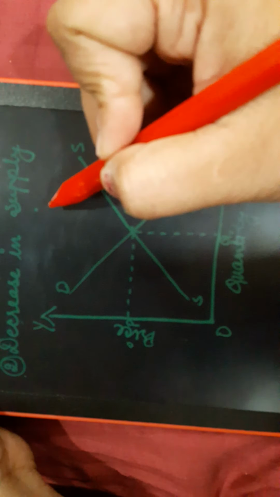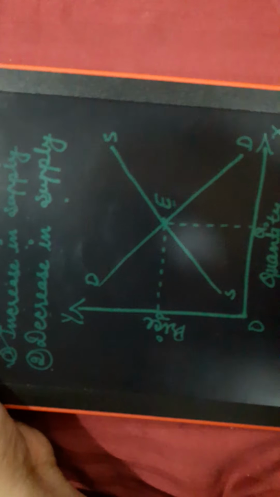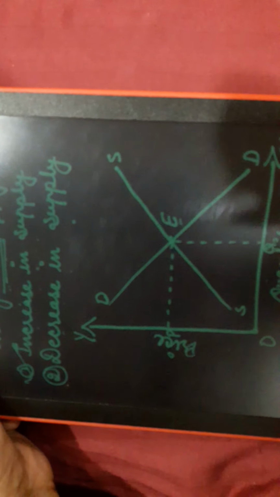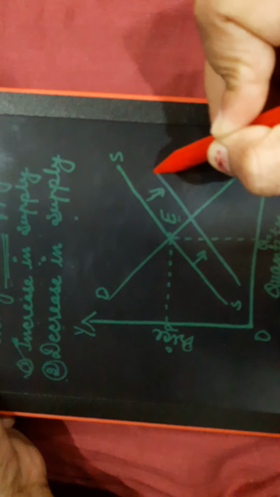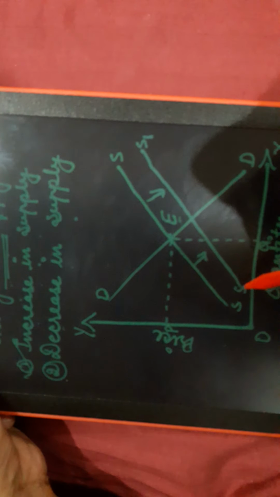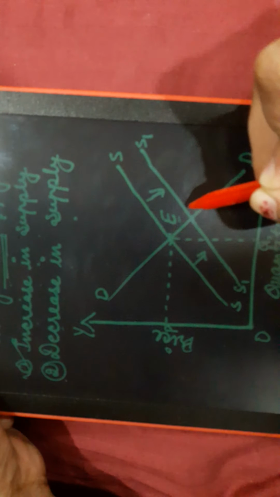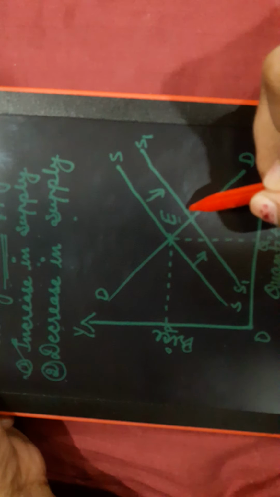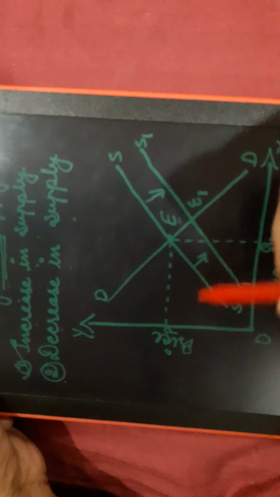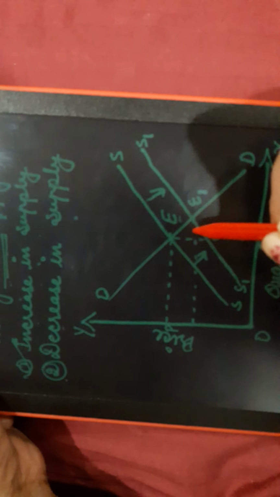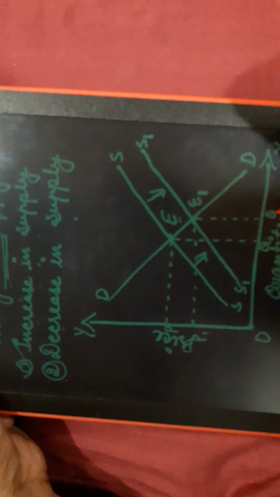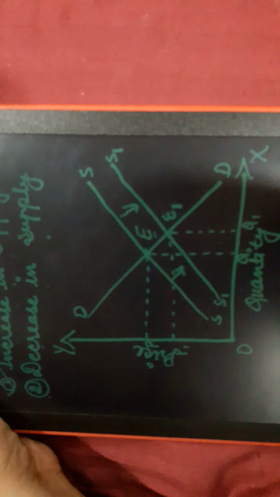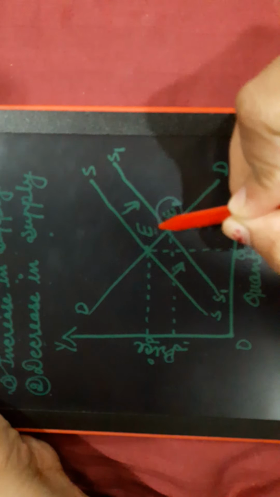Firstly, we will talk about increase. The first case, increase in supply. If there is an increase in supply, then that would be a shift from this to this. S1, S1. This would be the new curve, and this is demand and this is supply. So here would be the new equilibrium point, and with this equilibrium point, the price will also be shifted from the original situation and the quantity will also be shifted. New equilibrium point would be this one.